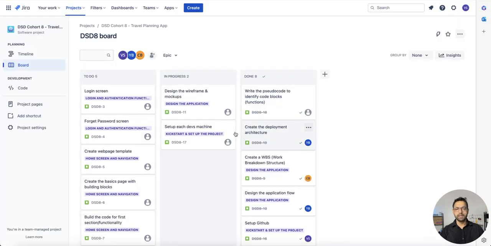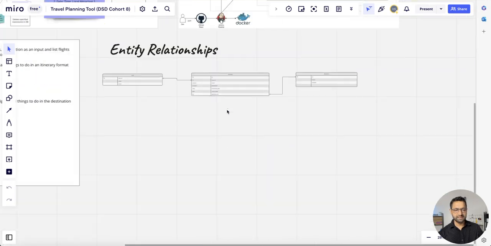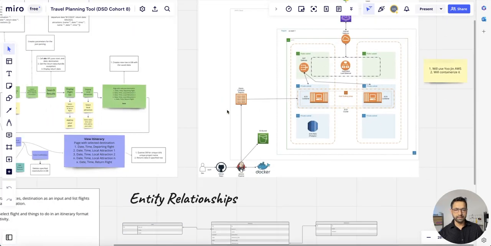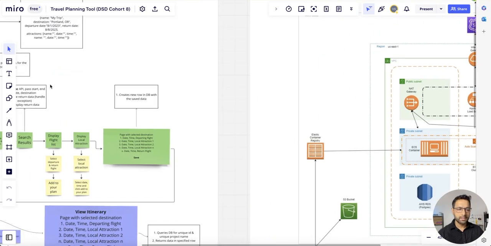So here you can create more Jira stories based on that, and it can help you assign the work between the team members. So the flow is done, and after the flow, you go with the wireframe, and you could do some fancy type of wireframe. I believe I got a template from here. You could do that, or you could just